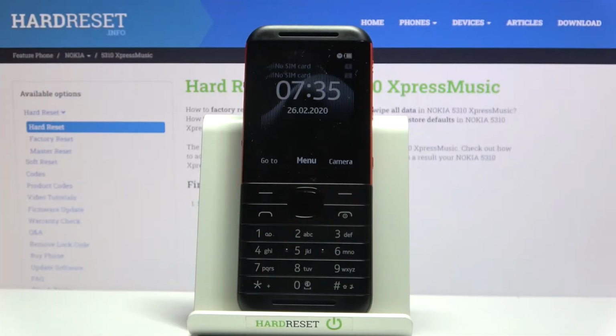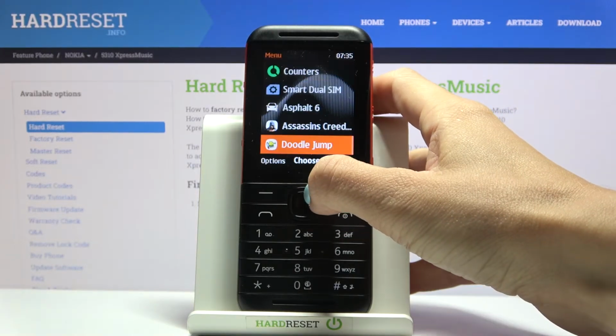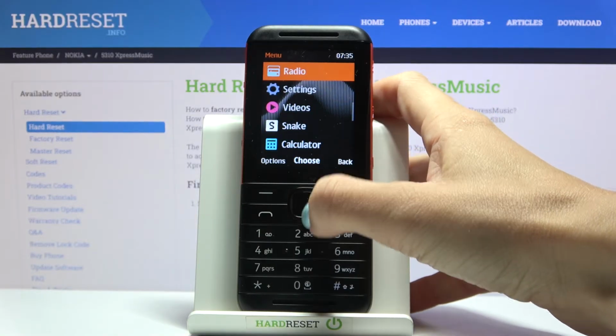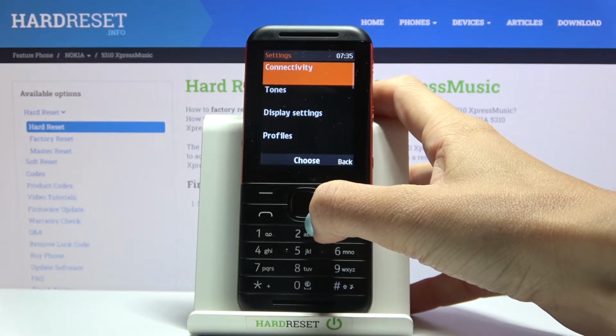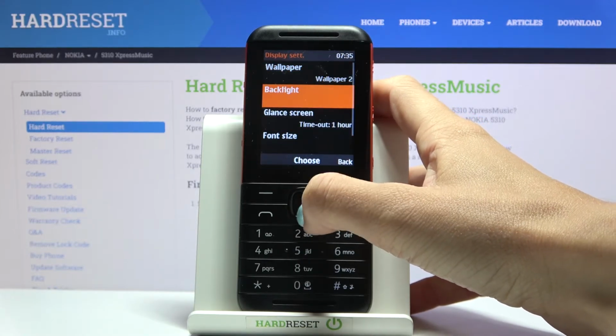Here we've got Nokia 5310, and let me show you how to change screen timeout on this device. So at first you need to open menu, so just tap on home button and now locate settings. Here they are, so smoothly open, and now click on display settings and reach backlight, so it's the second possibility